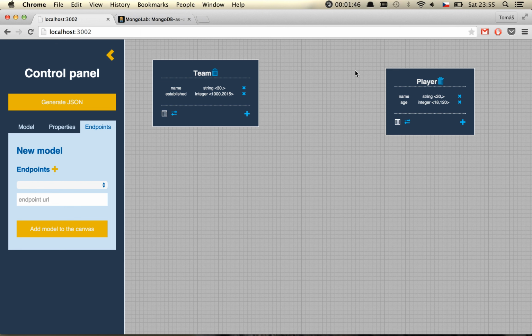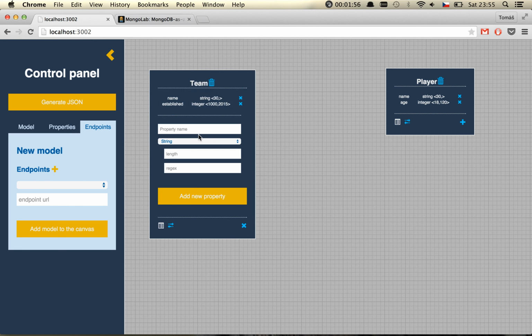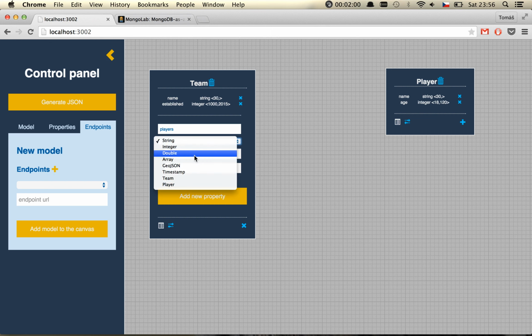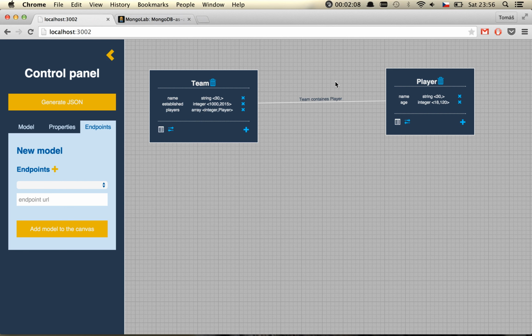Okay, now we obviously want an association between these two, since we have a team and since we have a player, and team employs obviously some players or has players. So let's create a new property, a property players, which will be type of an array integer, and we want the value to be player. So as you can see, an association has been made. I can rename this to employees,